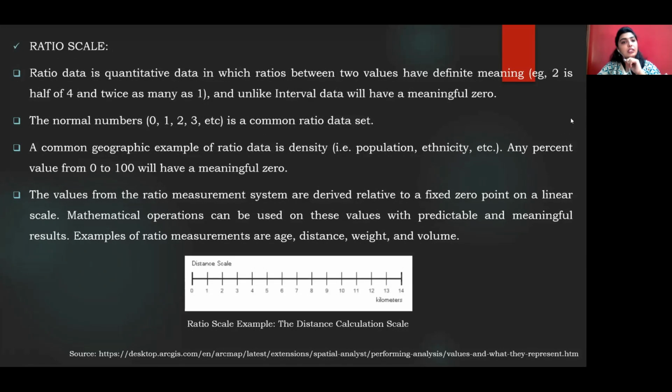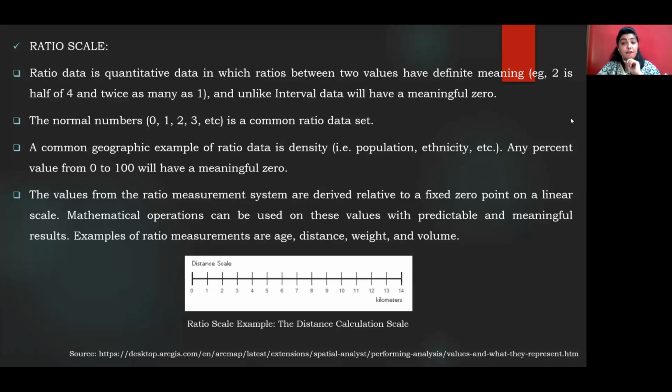Bringing us to the next and the last type of scale of measurement, which is ratio scale. Now, ratio scale is similar to the interval scale, with one added feature, which says that 0 is very, very important. See, distance in that case. 0 distance says there's an absence. It has a definite measurement. It has a meaningful 0.